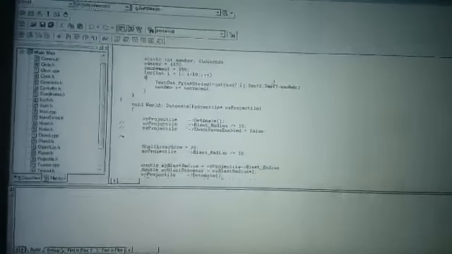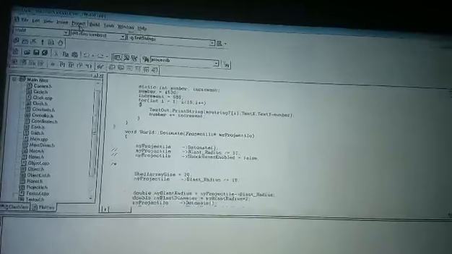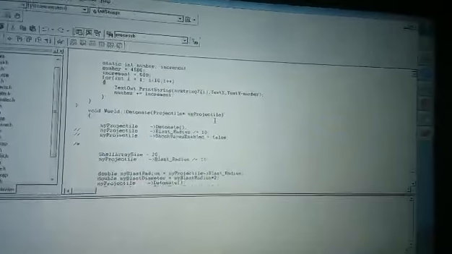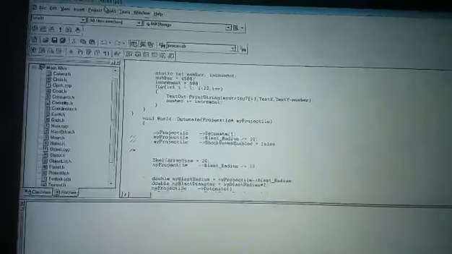Hi, this is a quick demo of the nuclear bomb simulator. As you can see, I wrote it in C++ in Visual Studio 6. I know that's a bit old,